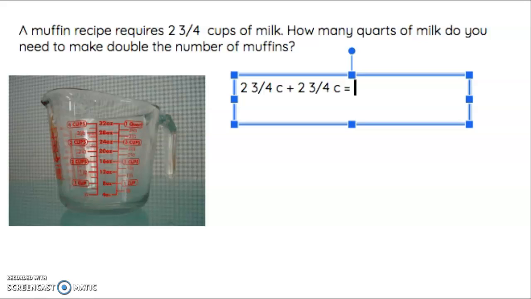Since both of my denominators are the same, I can just go ahead and add this. So 2 plus 2 is 4, and then my 3/4 plus 3/4 is going to be 6/4. That is a fraction greater than 1, so I know that I can change it to a mixed number. So I think, how many times does 4 go into 6? Well, it goes in once, so I'm going to add that 1. So now I have 5